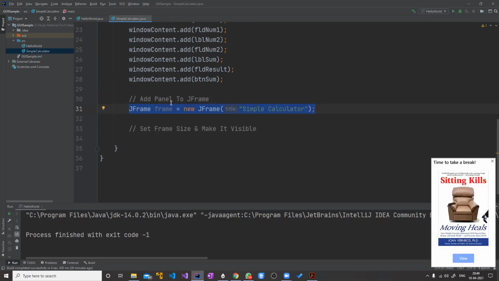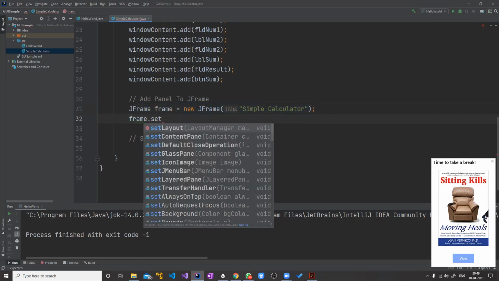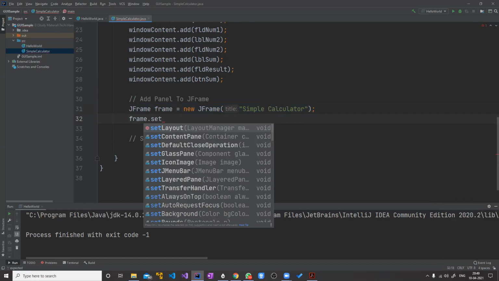So we have created the frame, and now we have to add the panel to it. Frame is the outermost. To that frame, we will add the panel, right? In that frame you are going to add the content, and that's why the panel name I have given window content.